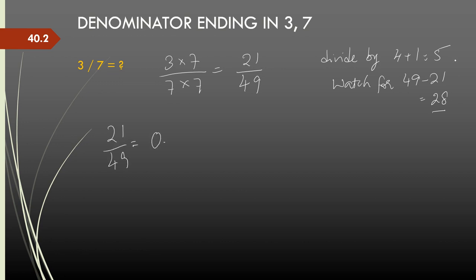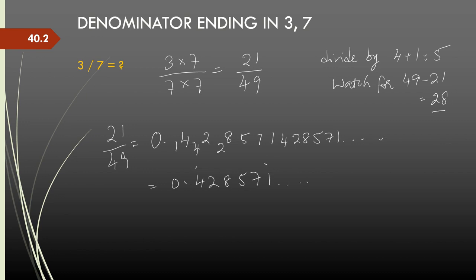I am dividing by 5. So 21 divided by 5 is 4, 1 is the remainder. Then I take it as 14 divided by 5 is 2 times and 4 is the remainder. Now 42 divided by 5 is 8 times, 2 is the remainder. So I get 28 here. After this, it is 9 minus each of those digits. So 9 minus 4 is 5, 9 minus 2 is 7, 9 minus 8 is 1. After this, 4, 2, 8, 5, 7, 1 will repeat, and those set of digits will keep repeating. So the answer will be 0.428571. Now from 4 to 1, this entire set of digits will repeat.